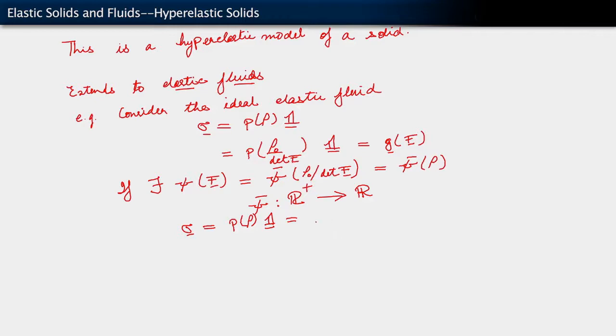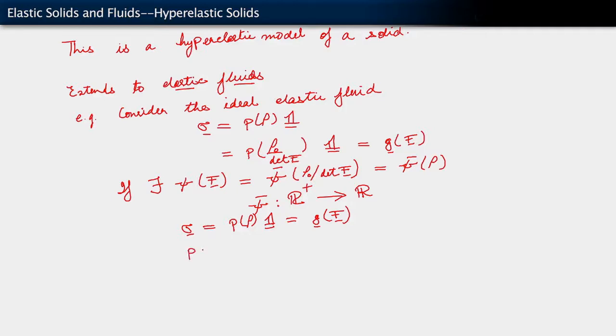If we write sigma as depending upon P as a function of rho multiplying the isotropic tensor, which is g of F, and we go through the calculations, what we are able to show is that